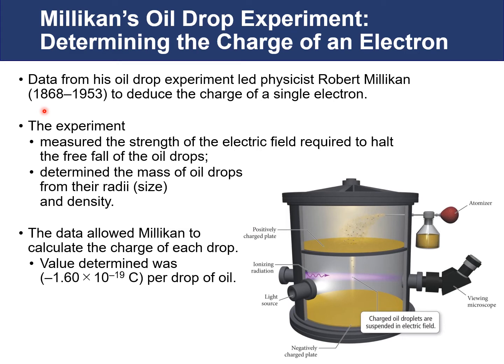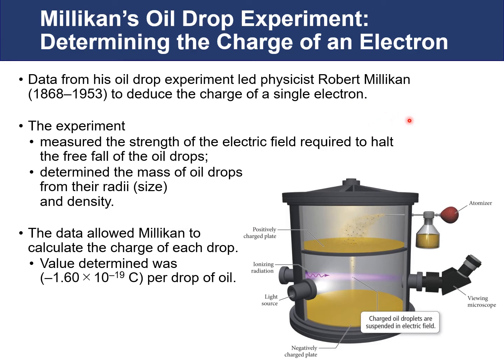So the Millikan oil drop experiment, which we will go into in just a second, was able to determine the charge on an electron. And because Thomson knew the charge to mass ratio, he was able to determine the mass given the charge. So the oil drop experiment done by physicist Robert Millikan was used to determine the charge on